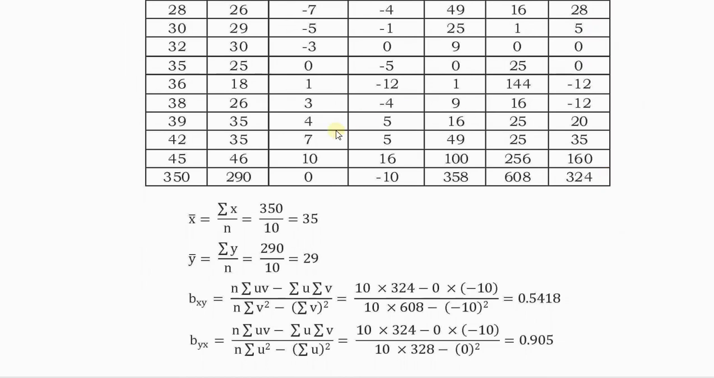First, the means are taken directly. So x bar is equal to summation of x by n, so 350 by 10 is 35, and y bar is equal to summation of y by n, 290 by 10, that is 29. So bxy,